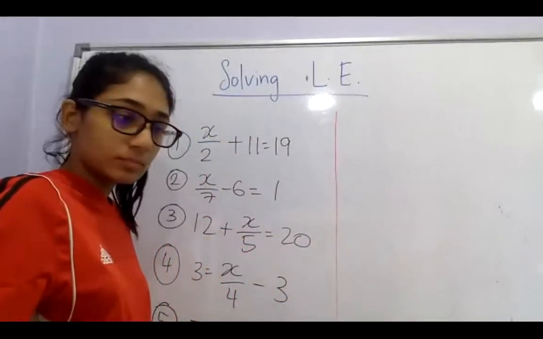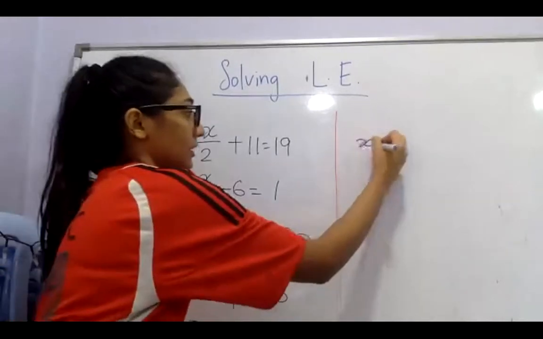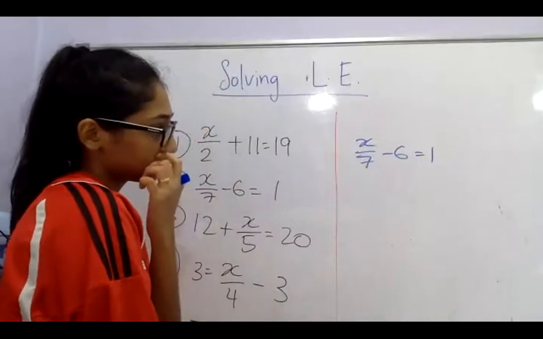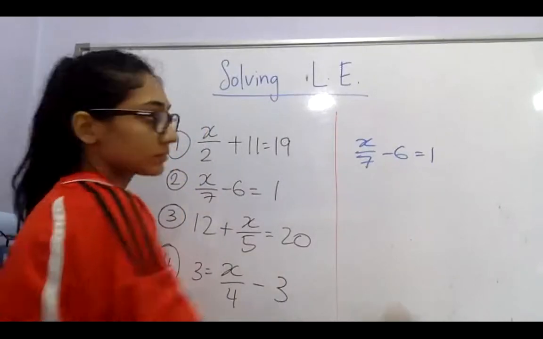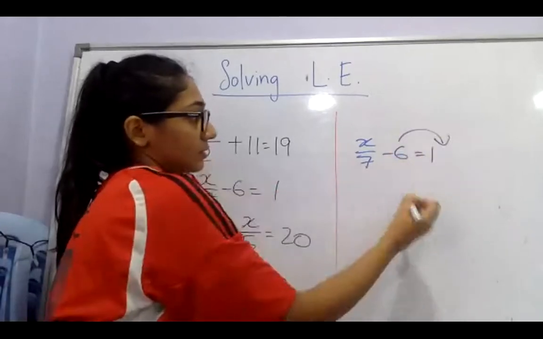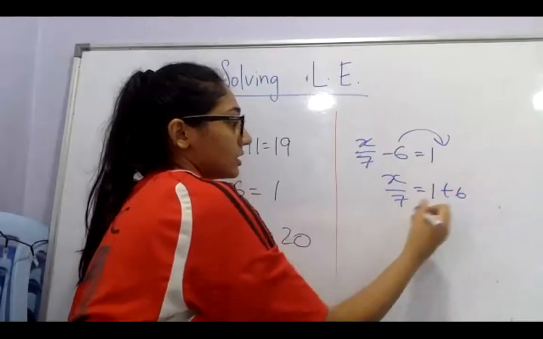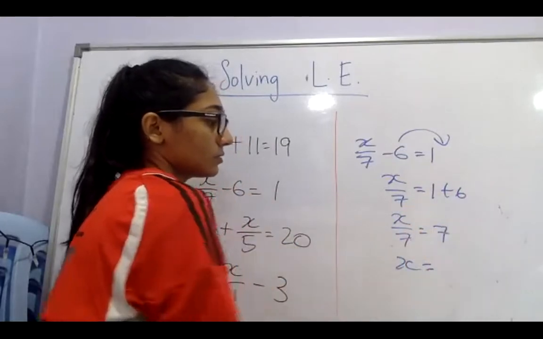Brayden, number 2. x over 7 minus 6 equals 1. And then you move the 6 to the other side, so it will be plus 6. Correct. So x over 7 equals 1 plus 6, which is 7. And then x equals to